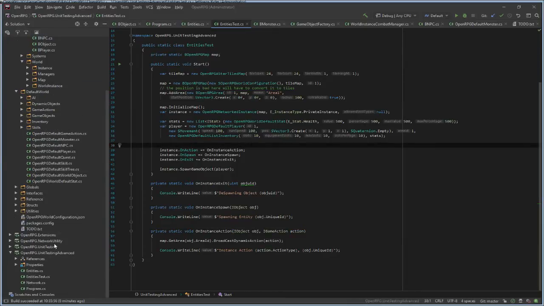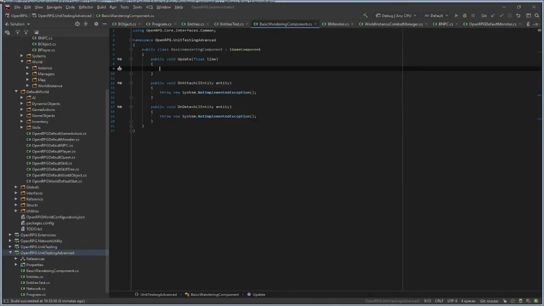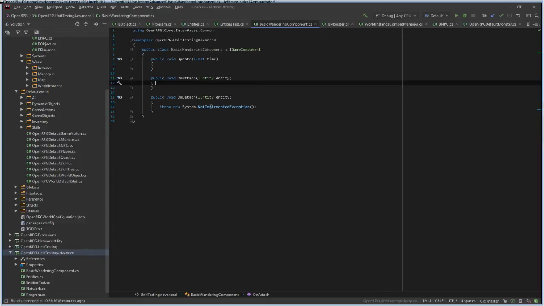So I'll create a new component, basic wandering component, IGameComponent. Unattach: this component is attached to our entity.